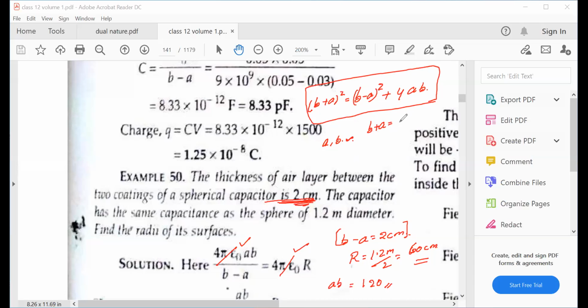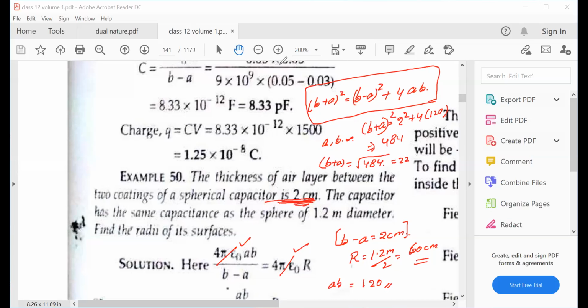Okay, so now B plus A value, when you do the substitution, it is a 2 square plus a 4 into 120. So 11 centimeters there. So the relation will be 484 whole square. Now we have to do the square root. So B plus A is equal to square root of 484. So the value is 22. If you want, you can check it. B plus A value is 22.